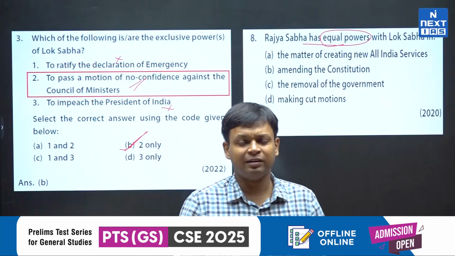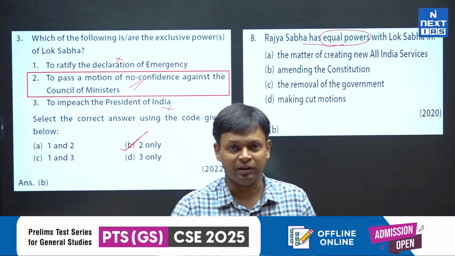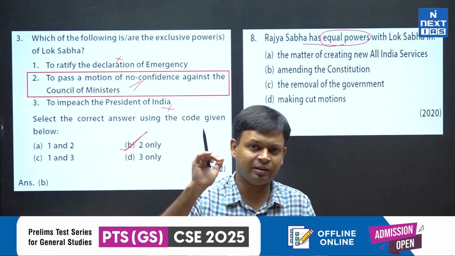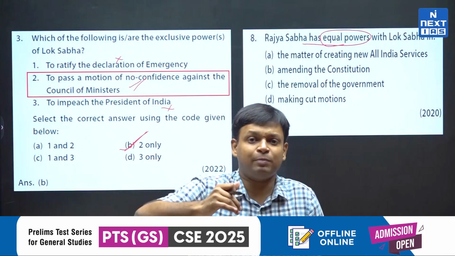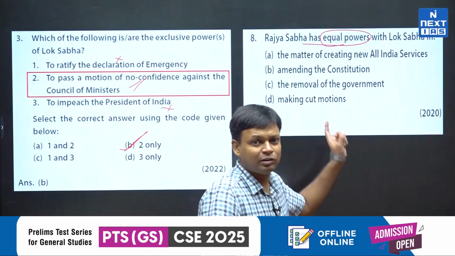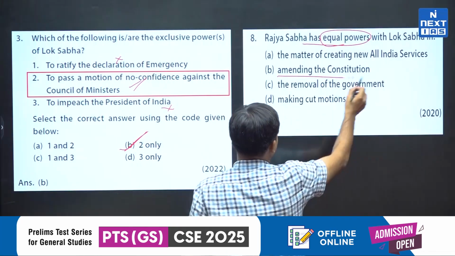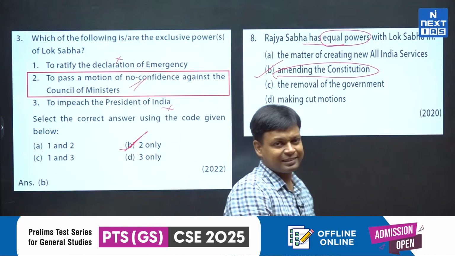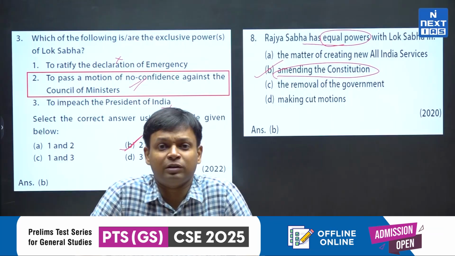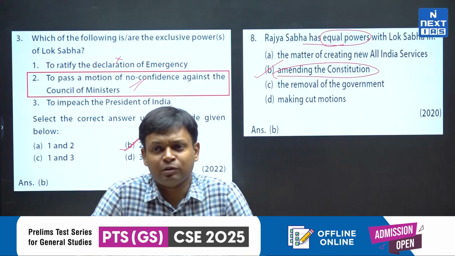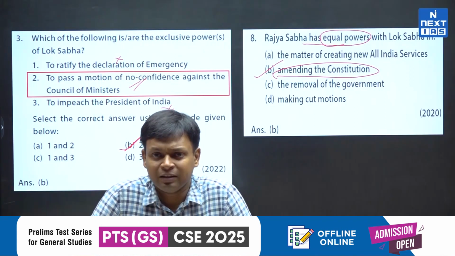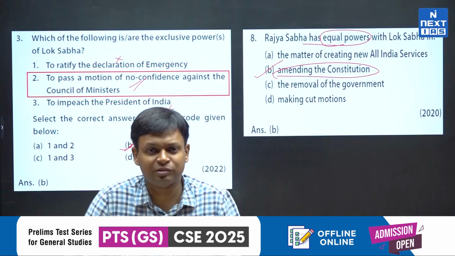Creating an All India service under Article 312 is a special power of Rajya Sabha. Rajya Sabha passes a resolution with 2/3 present in voting. In the Rajya Sabha, the Parliament will now get the power to create a special All India service. तो special power Rajya Sabha की है, not equal powers. Second one, amending the constitution. This is correct. Article 368 provides equal powers to the Lok Sabha and Rajya Sabha. To amend the constitution, you need to have a special majority of 2/3 present in voting and more than 50% of the majority of the house in both the houses of parliament. ठीक है? तो दोनों houses बराबर हो गए उसमें. There is no problem in this.